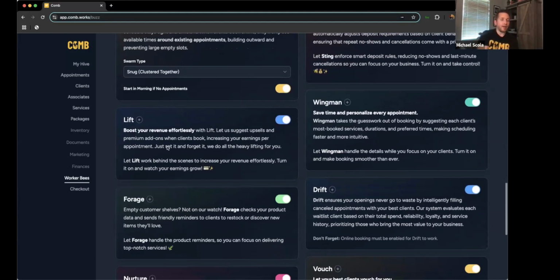Lyft will go ahead and upsell for you. So if you do things like deep conditioning treatments, K18 treatments, I'm trying to think of some other things here. Red light therapy, that sort of deal. Lyft keys into that. And so what it does when I'm booking online, let's say that Eden, I'm booking online